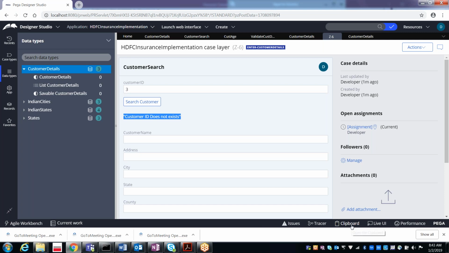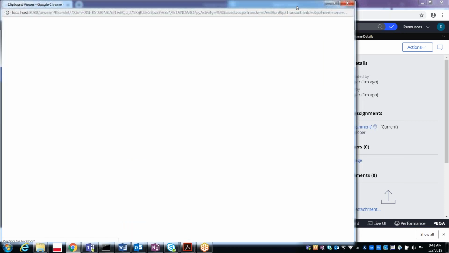Go to the clipboard and see what exactly you have when it is 3, and see in the clipboard what exactly you have when it is 2.